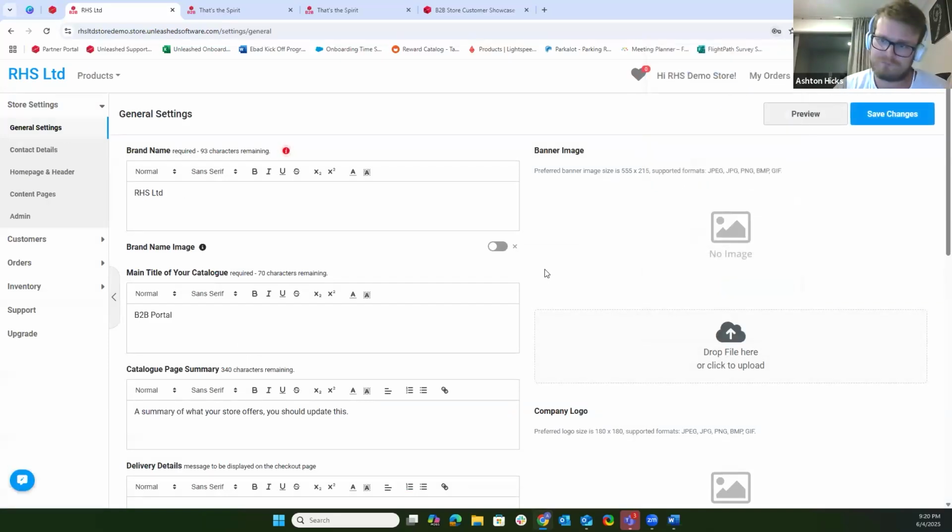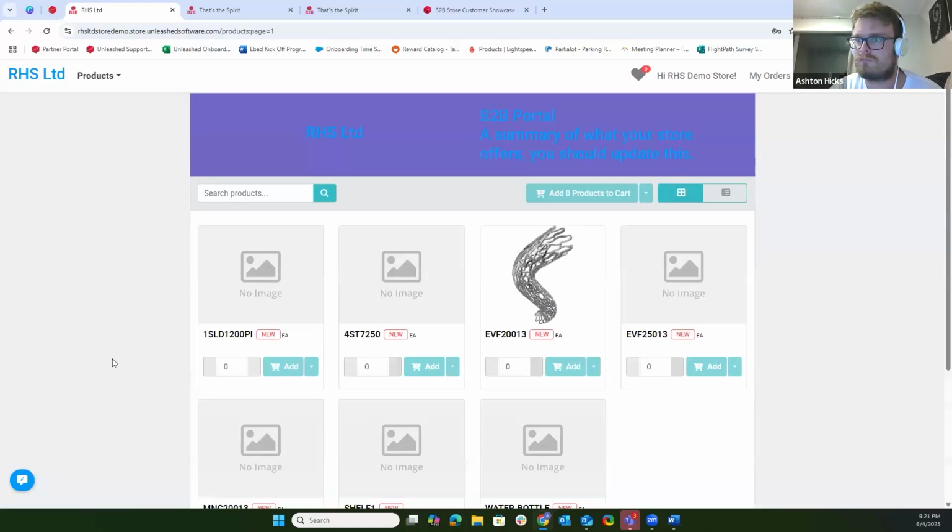Beautiful. So it's already set up the store for me. So the store is actually now pretty much created. It's going to need a bit of fine tuning, obviously, but it's a very basic store that has been created. Now, to answer the second agenda option or question of how to import products into your B2B store, it's already